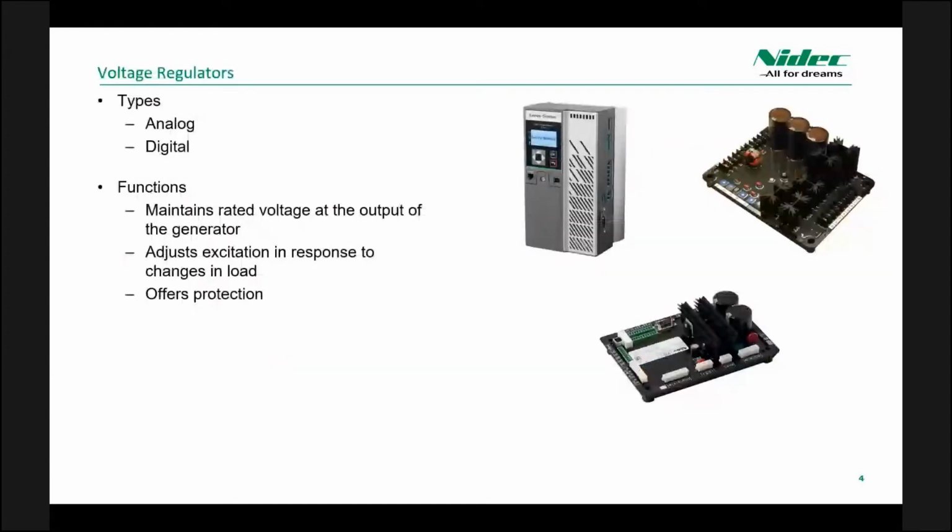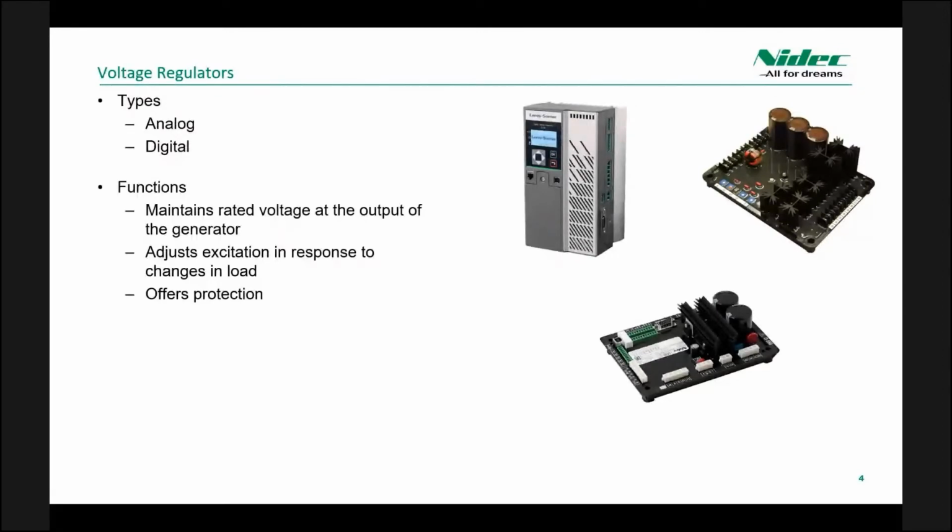And now moving on to voltage regulators. The two different types of voltage regulators are analog and digital. Analog regulators are a simple and inexpensive way to control generator dynamics. They come equipped with little to no protection, but they do get the job done. Digital regulators are great for providing protection for the generator and by providing a robust way to control the dynamics of a generator using a full PID compensation.